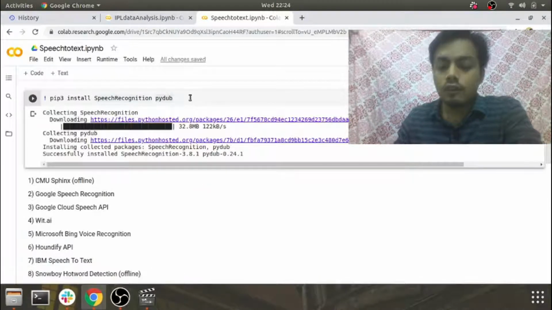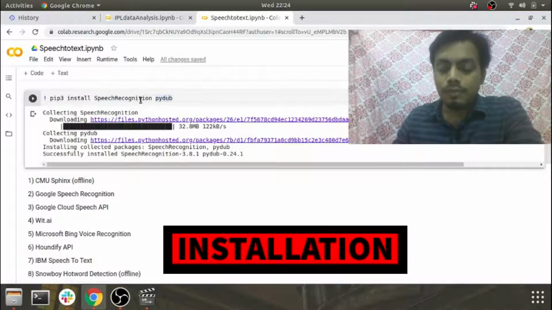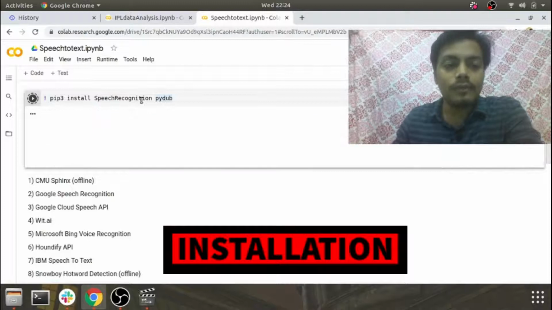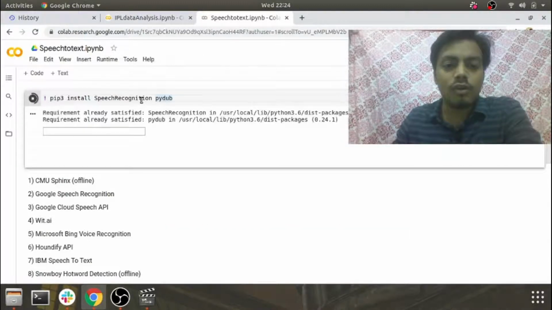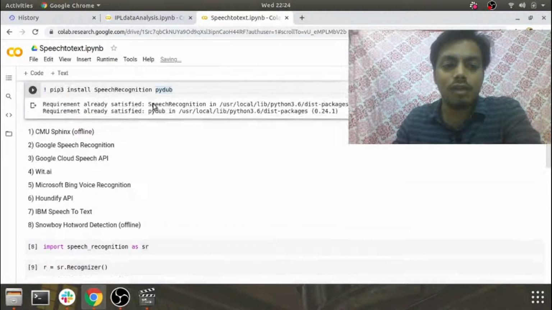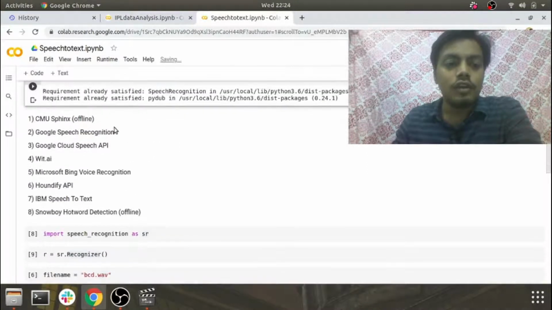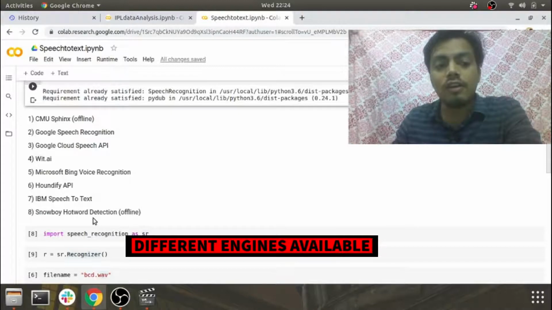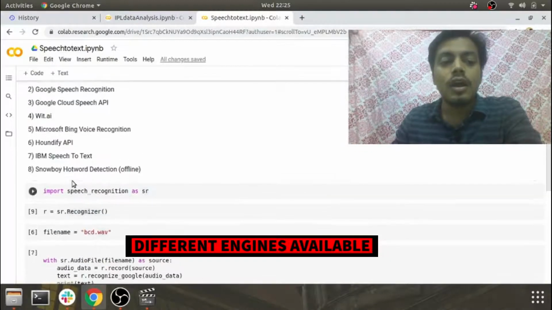Let's first start with the installation. This is a simple pip3 install SpeechRecognition PyDub. As it's already done, it will just give me requirement satisfied. These are the different engines of speech to text conversion which we can use for doing the task.